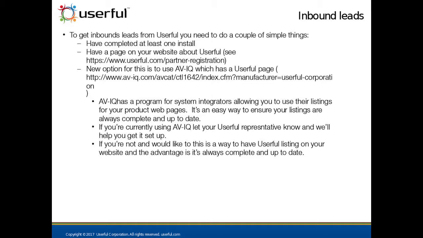There's two options for that. One is we just help you out with it. There's lots of information about how to do that. Follow that URL, partner registration. And the other is AVIQ, which has a Userful page which you can invoke on your website. That way you just stay automatically up to date. AVIQ is a program for